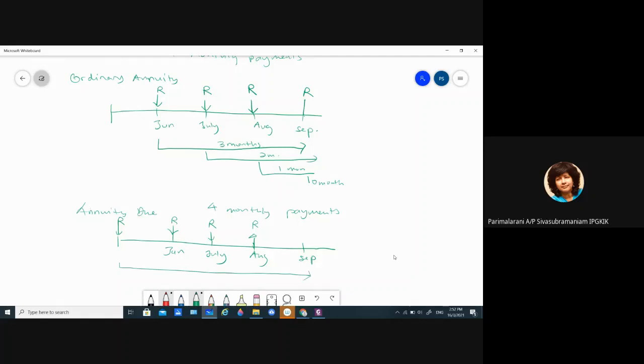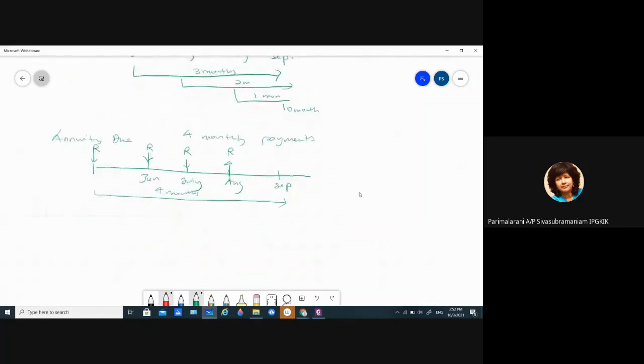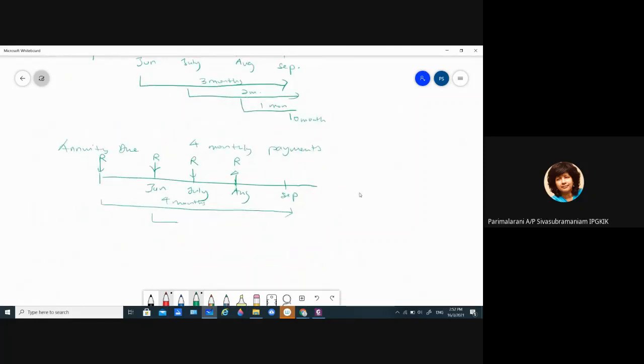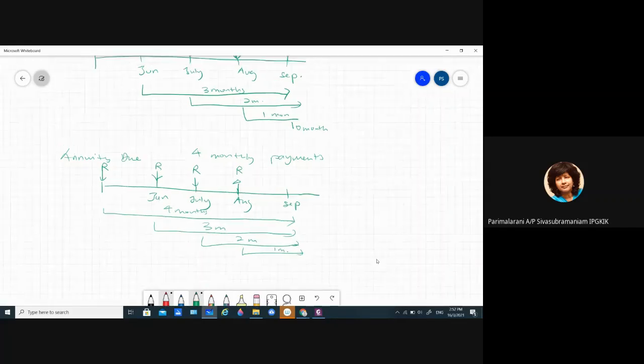4 months. First payment is in the account for 4 months. Okay. Second payment will be in the account for 3 months. Third payment will be in the account for 2 months. Fourth payment will be in the account for 1 month. Okay. So that is why for